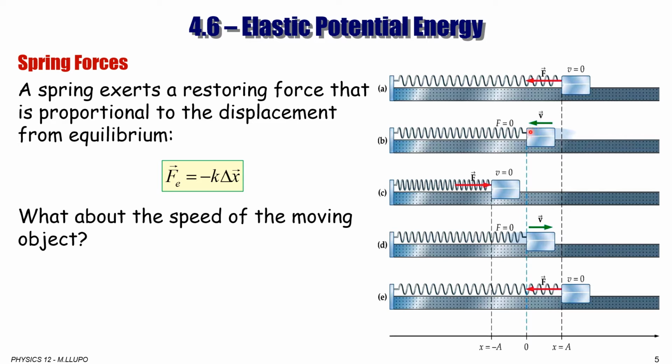Now, why is it maximum? Because after this rest position, this object is going to start compressing the spring. As you know, the spring force direction is always toward the rest position, so it's going to try to stop that object from moving. And when it reaches the maximum compression,